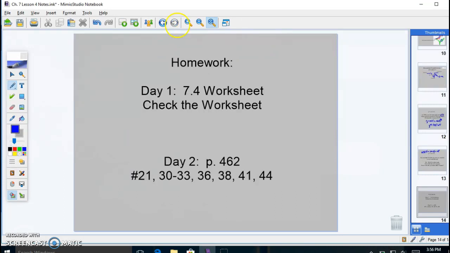Now your homework, just like lesson 7.3, is going to be a 2-part section. So day 1, I want you to work on the worksheet 7.4. I will have that for you in class, so get that from me. And then day 2, you are working on page 462. Make sure that you check your answers on the worksheet first so that anything that you need to fix for mistakes on the worksheet, you make those changes by the time you do page 462. Again, ask me if you have questions. Otherwise, good luck,